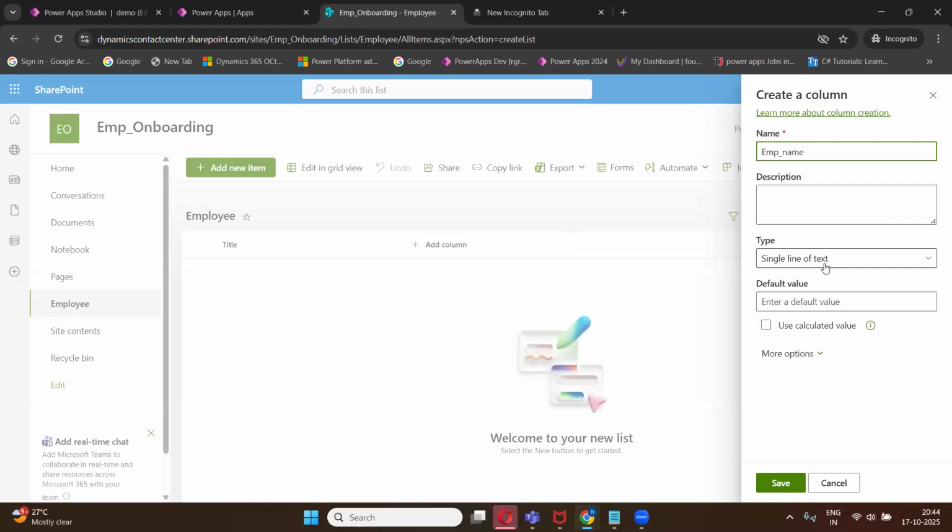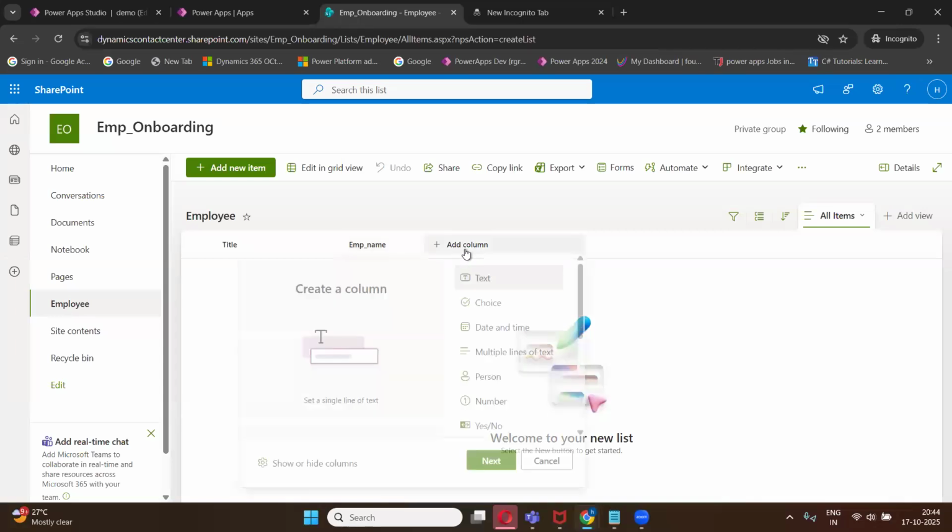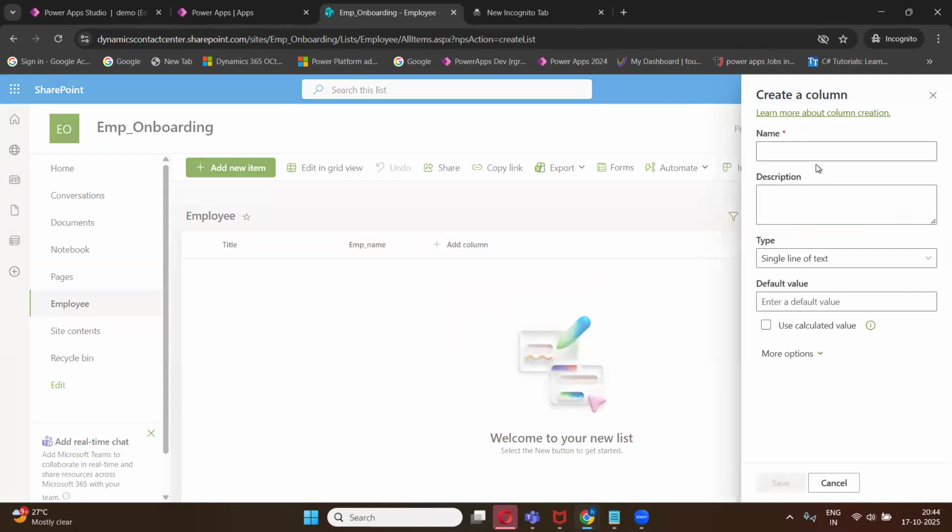Single line of text. Single line of text means it accepts both numbers and text, right? So for that I need to select it here. See, you are able to see the employee name as well. Second, what needs to be selected? Second column, employee email,